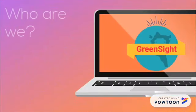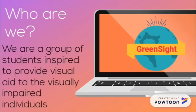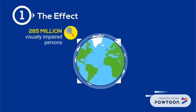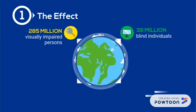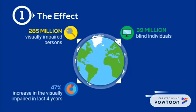Who are we, and what is GreenSight? We are a group of students inspired to provide visual aid to visually impaired individuals. The GreenSight project has the potential to affect 285 million visually impaired persons and 39 million blind individuals worldwide. It is important to notice that the number of visually impaired has increased by 47% and only 10% can afford